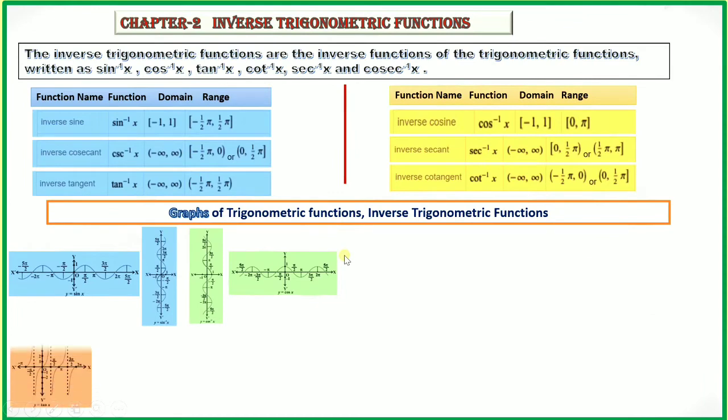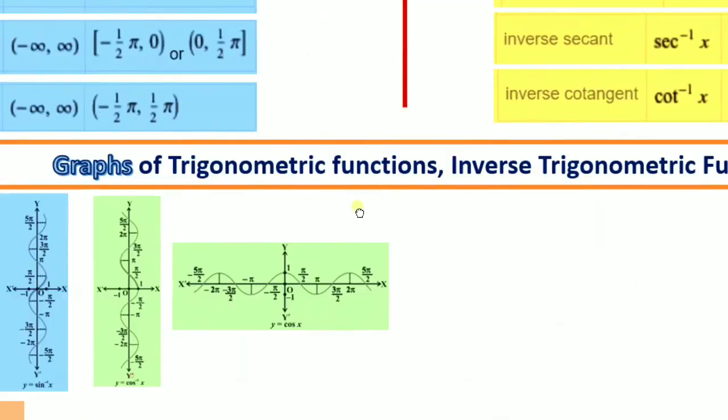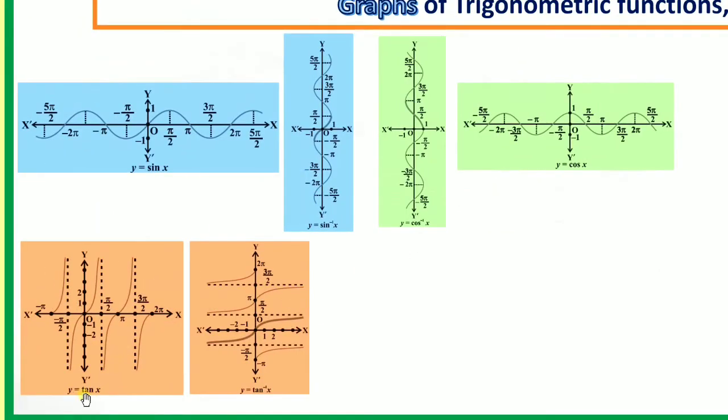So next is this tan x and the tan inverse x. That also I show you a little closer. So this is y is equal to tan x. From here 0, tan 0 is 0, and then it goes, and at 90 it is undefined, so it will go this way up to infinite. Similarly at minus pi by 2 it also goes to infinite, so this way. Similarly this second loop and the third loop, and then y is equal to tan inverse x, again 0, because at 0 its value is 0.